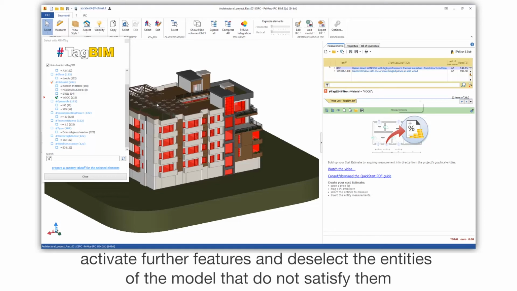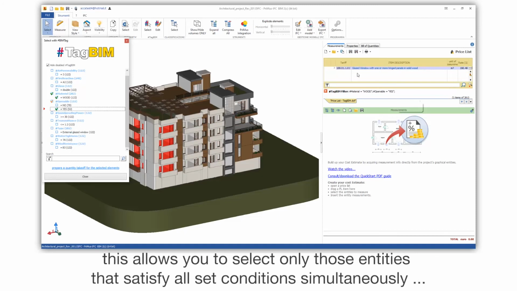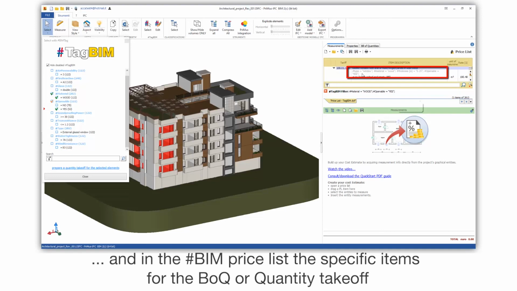Activate further features, and deselect the entities of the model that do not satisfy them. This allows you to select only those entities that satisfy all set conditions simultaneously. And in the #BIM price list, the specific items for the BOQ, or quantity takeoff,